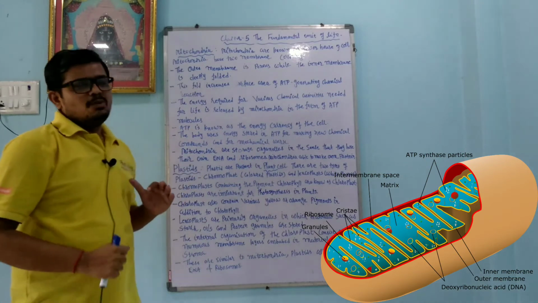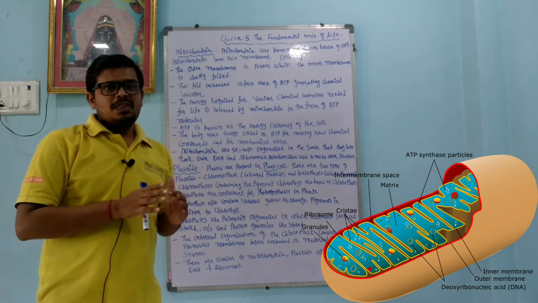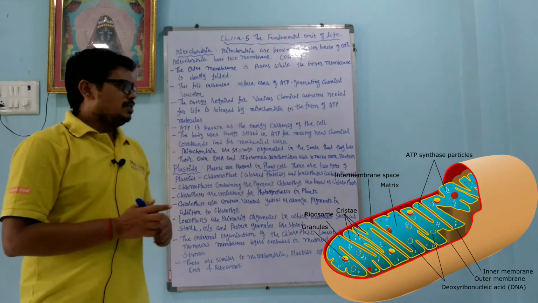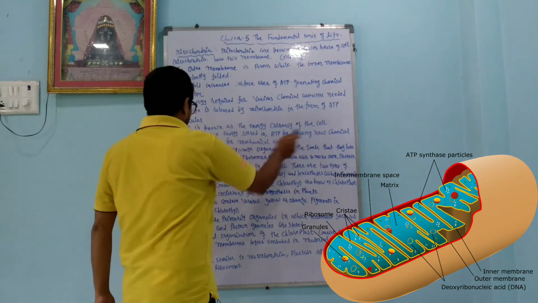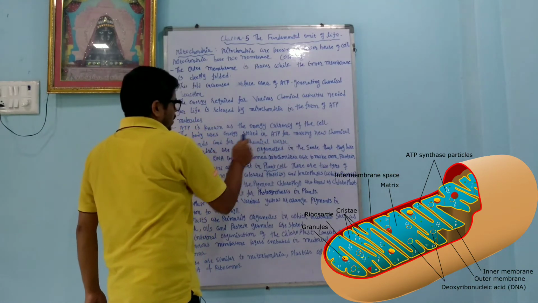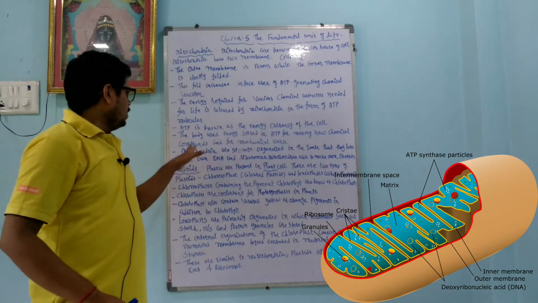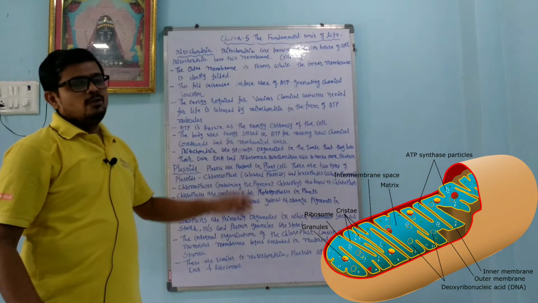So whatever energy is produced is formed in the form of ATP, and because of that ATP is known as the energy currency of the cell. The body uses energy stored in ATP for making new chemical compounds and for mechanical work. So the body uses the energy from ATP to do mechanical work as well as to make new chemical